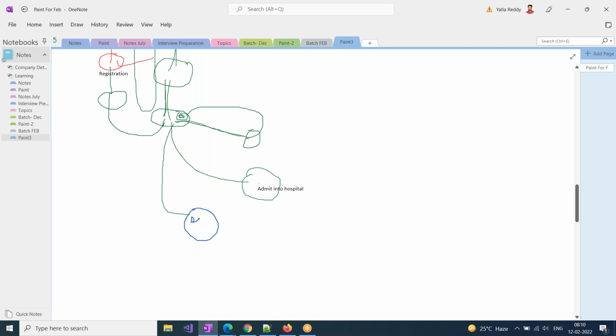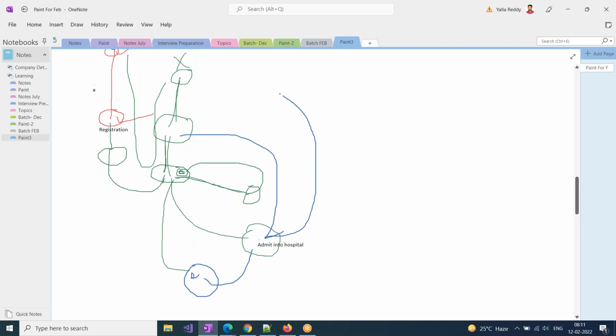Depends on the patient's situation, he will do his own activities. Okay. And eventually you have to take some rest in the hospital, which is a room. While admitted, you also have to take medicines from the pharmacy, and eventually you have to go out from the hospital,